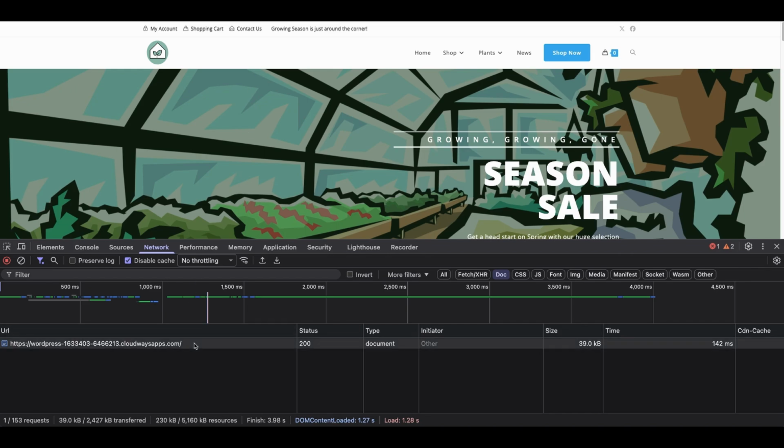So, page caching in general takes the HTML that is produced by WordPress and saves it for future use so that subsequent page loads are much faster. And here we can see a pretty quick page load, 142 milliseconds. If we were to purge that cache,